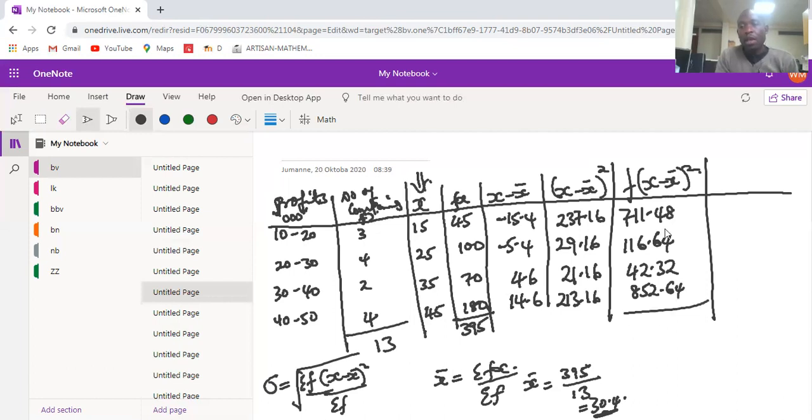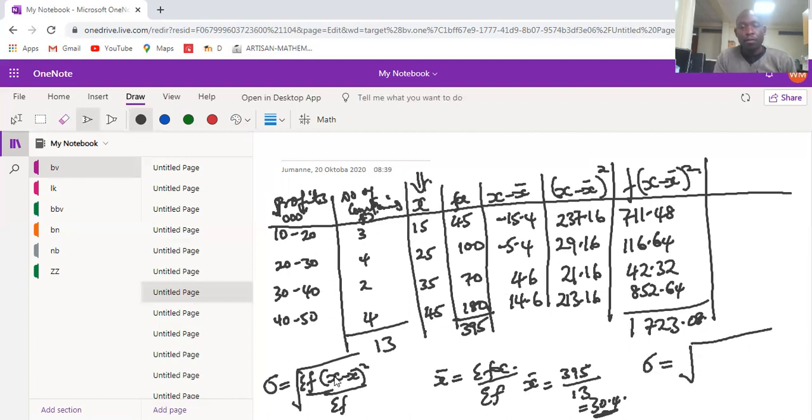Now you add the f into x minus x bar squared, which is going to be what? Plus 42.32 plus 116.64 plus 711.48. You get here, the answer is 1,723.08, like that. Now you can be able to get your standard deviation is going to be the square root